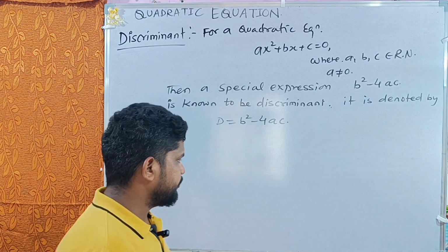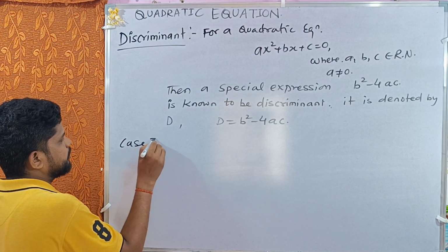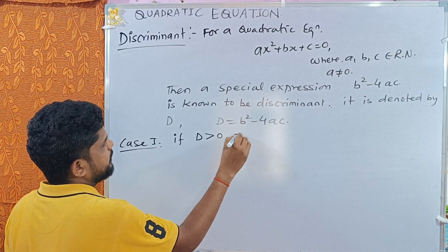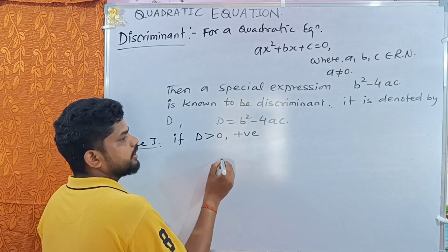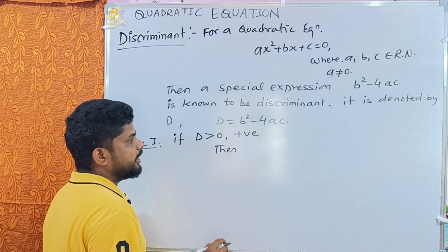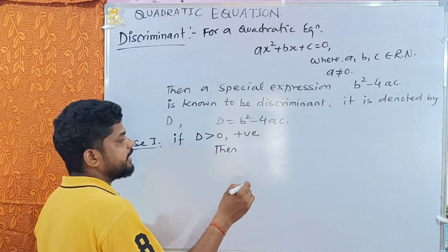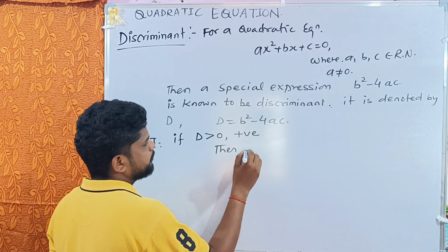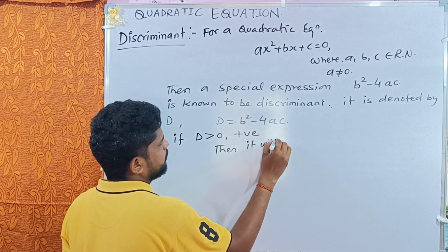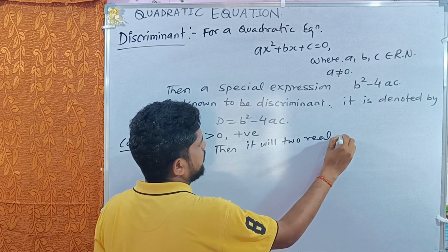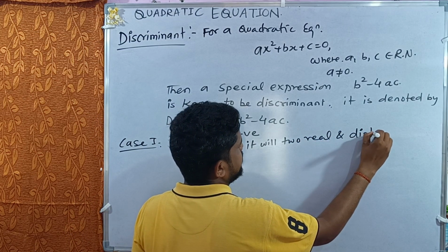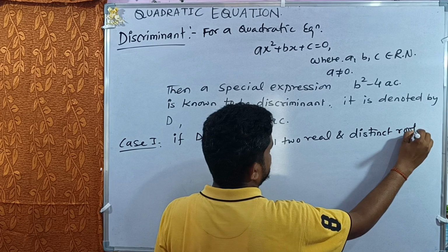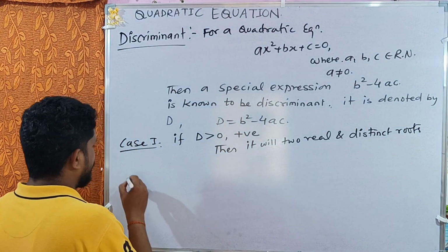Dear students, case 1: if the discriminant is greater than 0, that is, the value of the discriminant is positive, then the equation will have two real and distinct roots. For example,